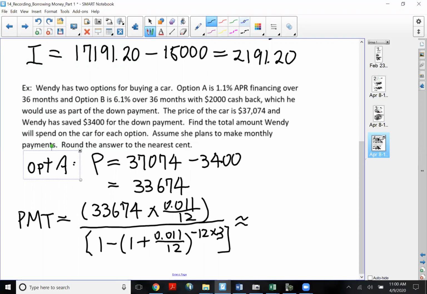So when you key it in, negative 12 times 3, go ahead and say negative 36. Once you punch it in, option A will tell you her monthly payment is